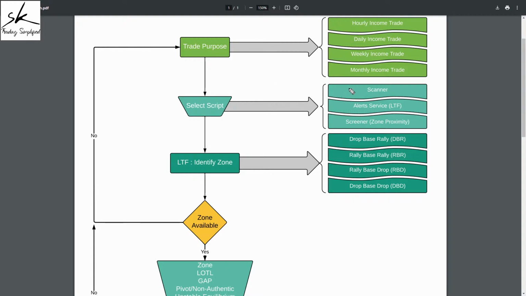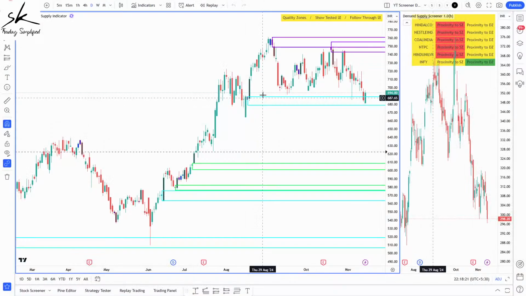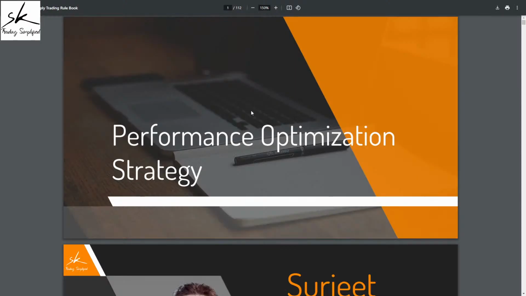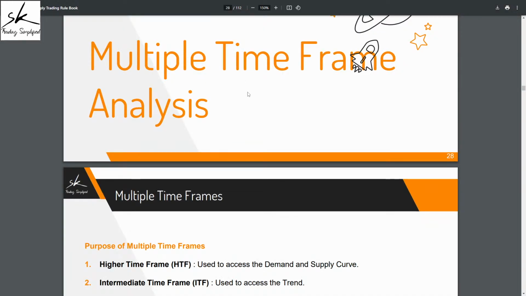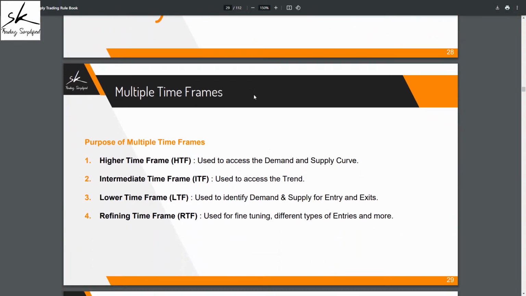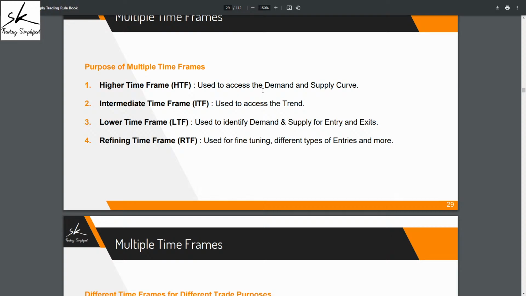So step one is I need to define my trade purpose. Let's assume I opted, I want to plan monthly income trades. Now, once I have defined my trade purpose, what is going to happen? From the rule book, I'll get to know what time frames I should be using. So if we go to page number 28 in the rule book, we start with our topic, which is multiple time frame analysis. Because demand supply methodology is not based on a single time frame,